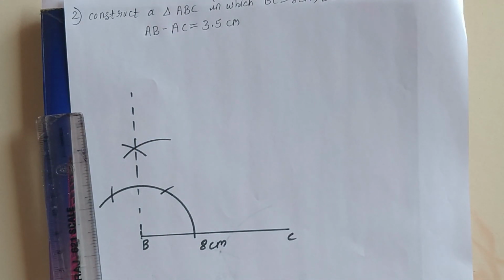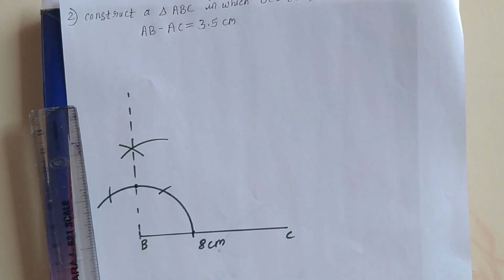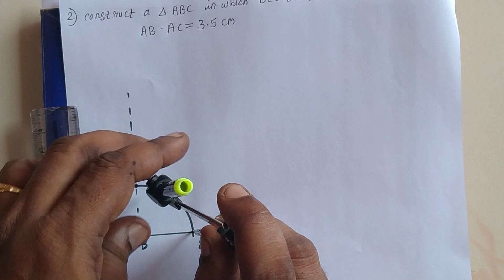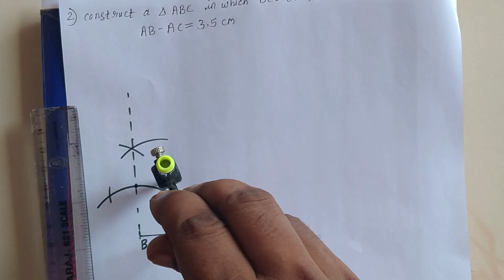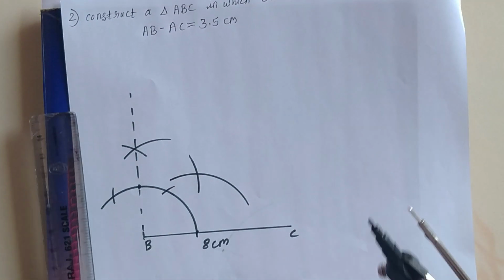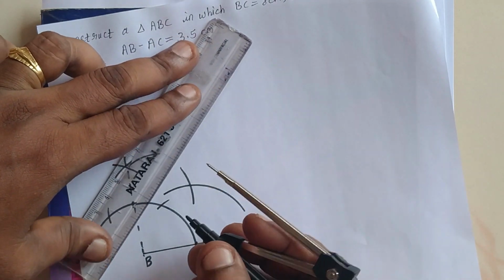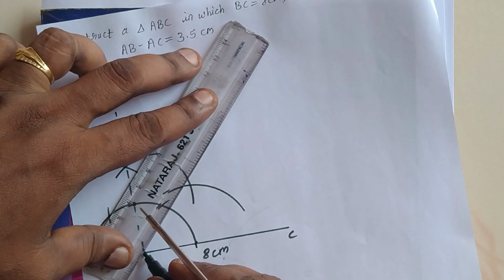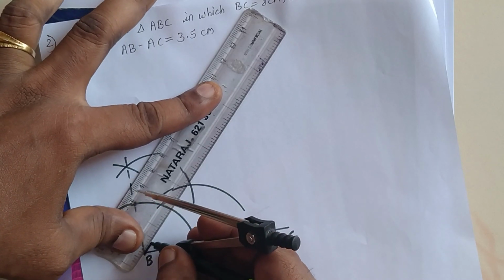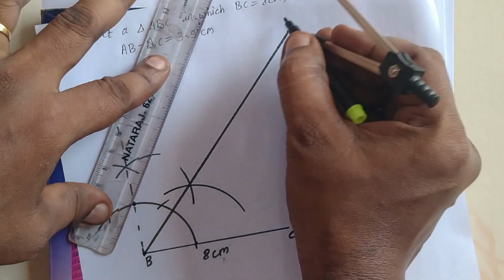So this is 90. Now this will give you the 90 point, and this is a base 0. Now the bisector of this will give you 45. You can take full or you can take more than half. Draw the arc here, another arc here. This will be your 45 degree, and you have to extend this. Now you have to extend this up to the last. Okay, I will tell you why.